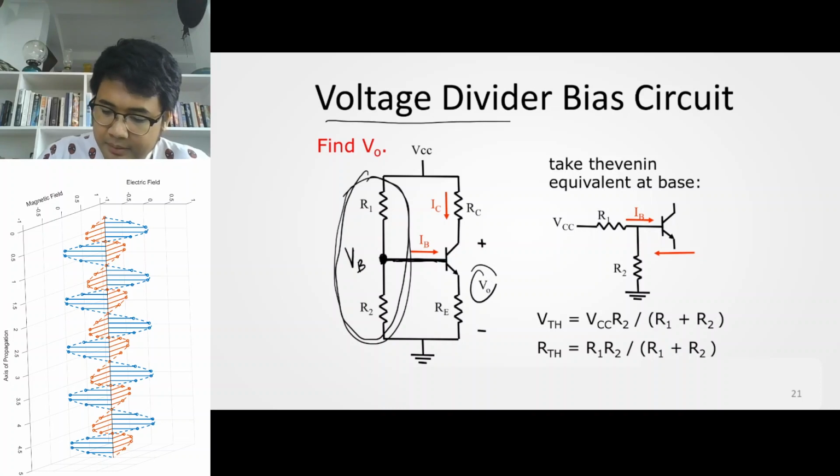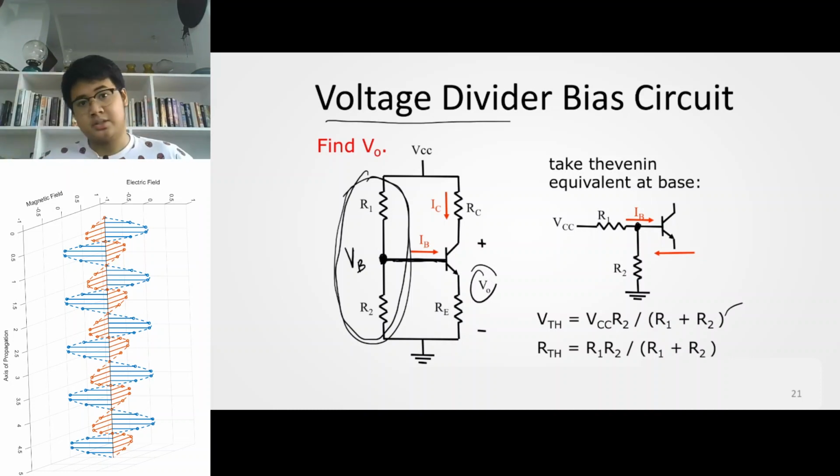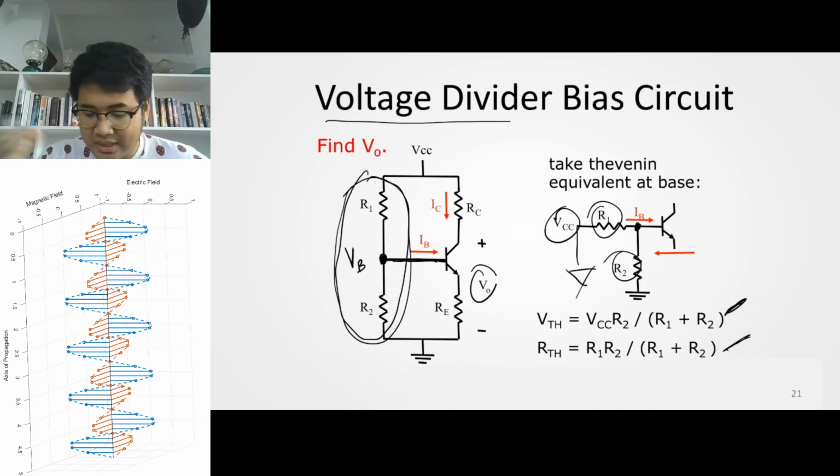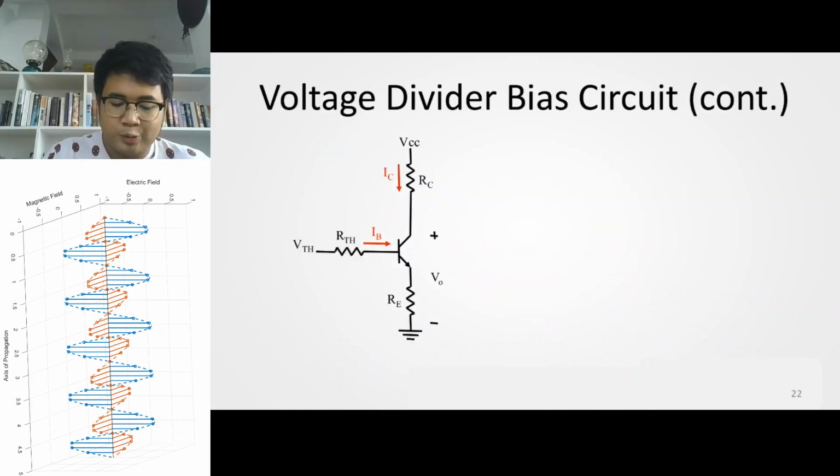The Thevenin equivalent is your VTH at this point, assuming the transistor is disconnected. It's quite easily a voltage division between R2 and R1, and that's this equation here. For your Thevenin resistance, you suppress your input VCC, so that means you connect this to ground. That makes R1 parallel to R2, and your Thevenin resistance is equal to this one. Okay? And with that, we can connect that circuit to your common emitter amplifier topology, and you'll end up